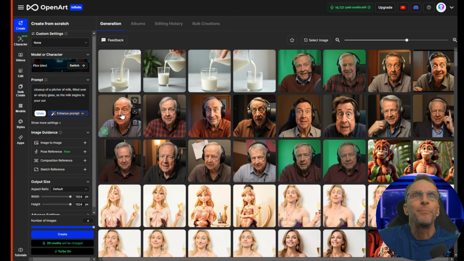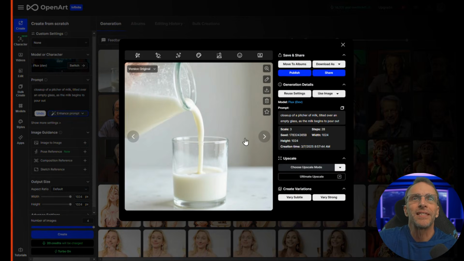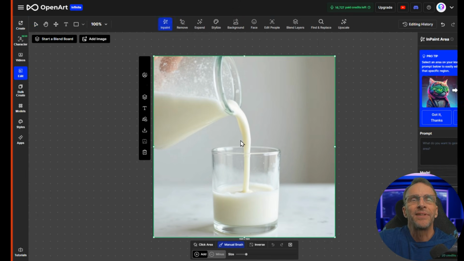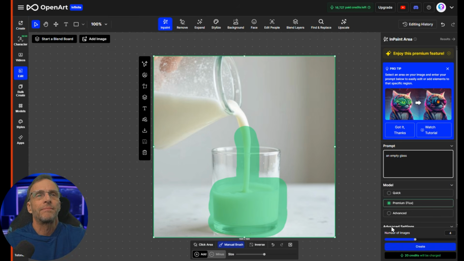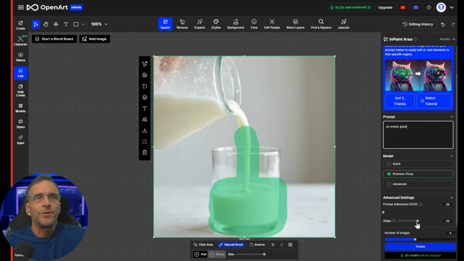All right, we didn't get an empty glass, and I definitely want the glass to be empty. Although I could try the technique I was going to in reverse. Why don't we do that? I'm going to choose this image here, and I'm going to choose inpaint. This will bring it into an editing canvas where I can change the size here. And I'm just going to maybe start here because ideally I want some of the milk to be pouring, and I'm just going to say an empty glass. I'm going to keep it on the Flux model for the inpainting. I find it helpful to pop up the number of steps when I'm doing inpainting,